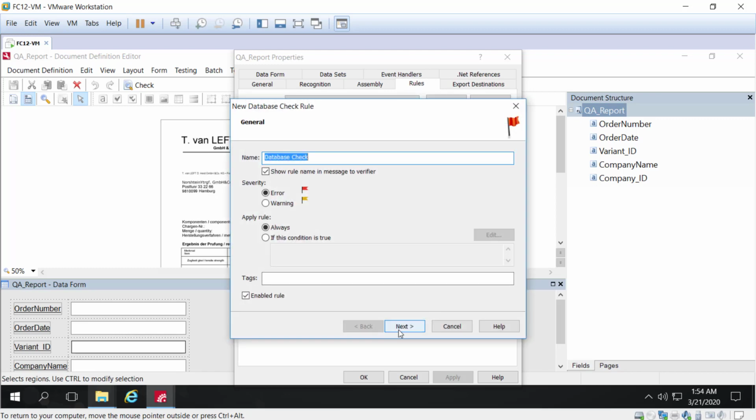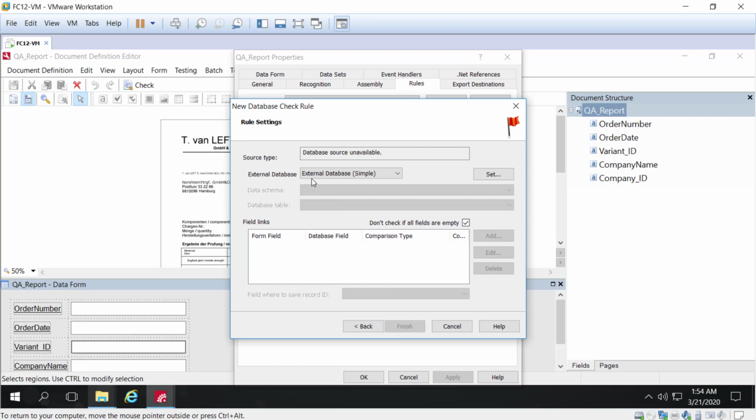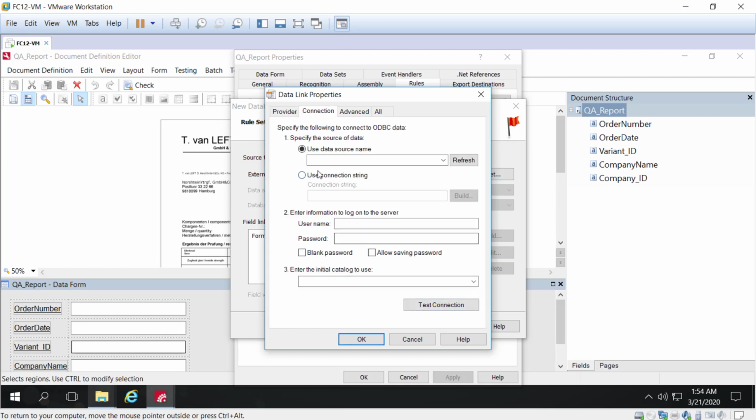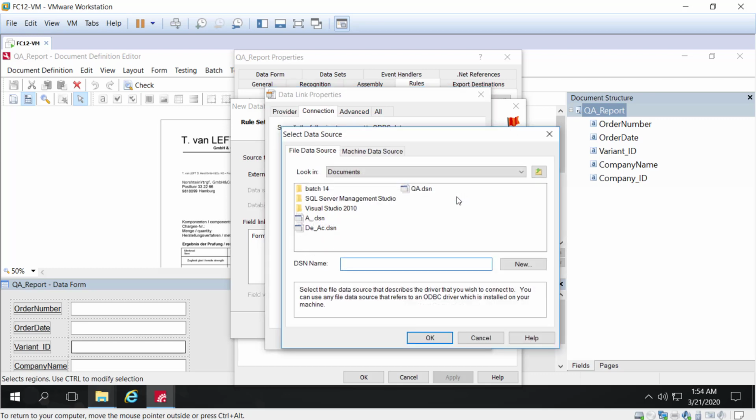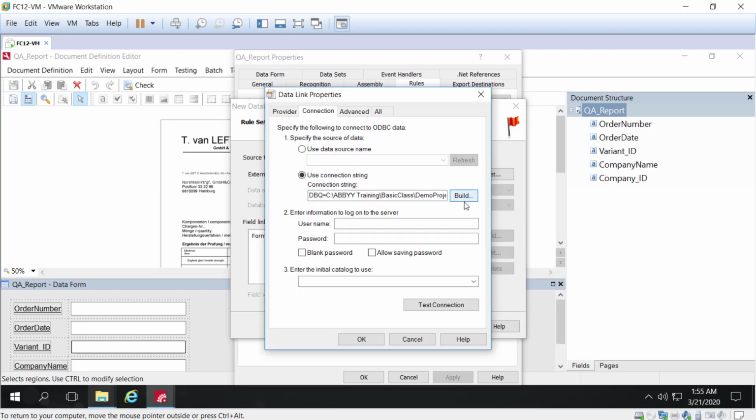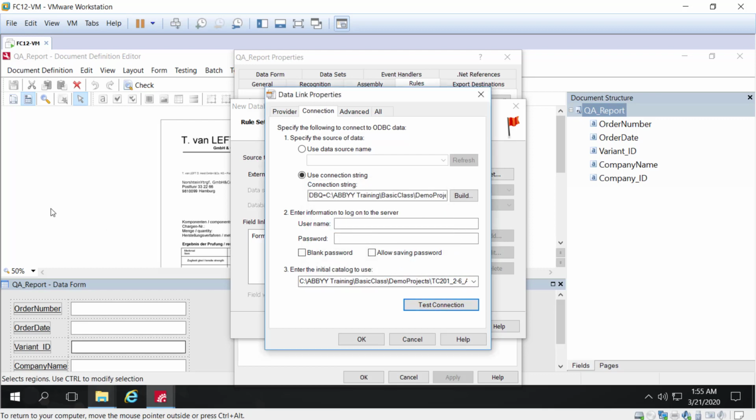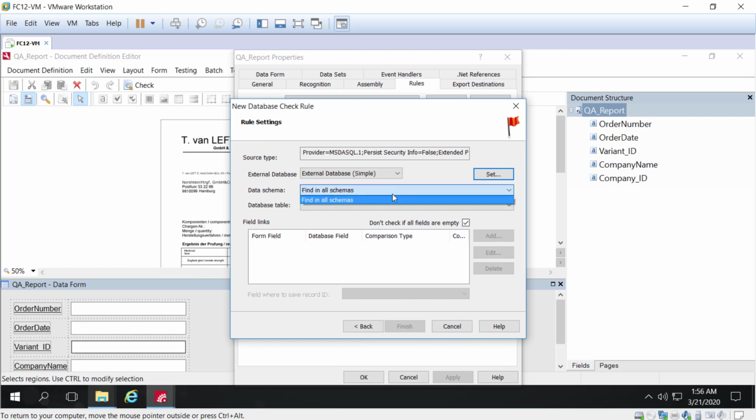Then I will go ahead and click Next. And to set up a connection, I'm going to select Microsoft OLEDB provider for ODBC drivers. And I'll select Use a connection string, and I'll use this DSN. And then I will select my initial catalog and click Test Connection. We'll click on OK, and then we can select our database table in our database,